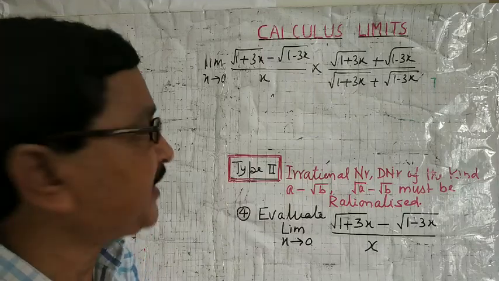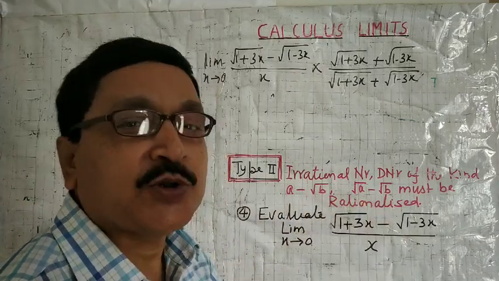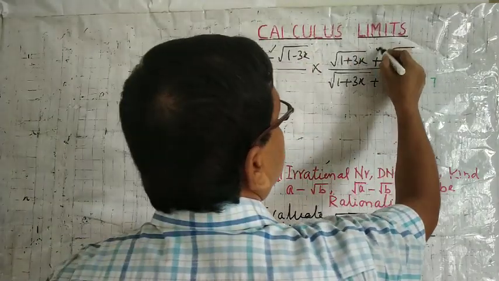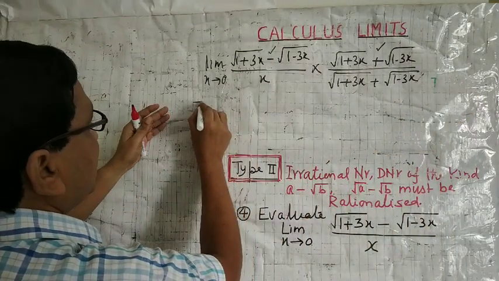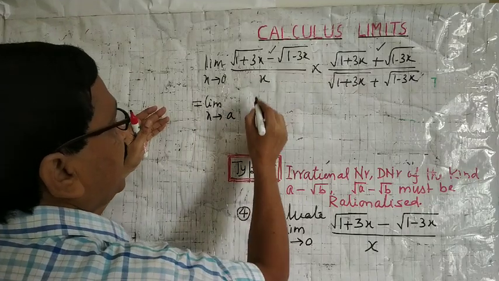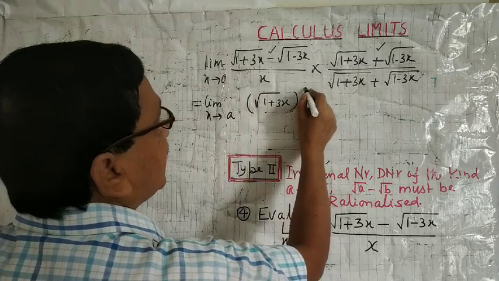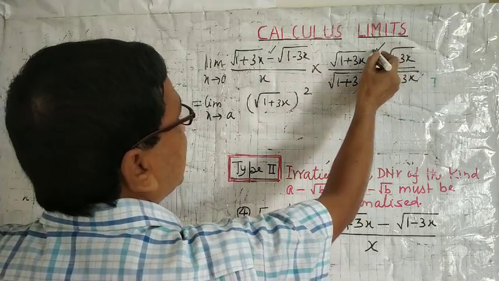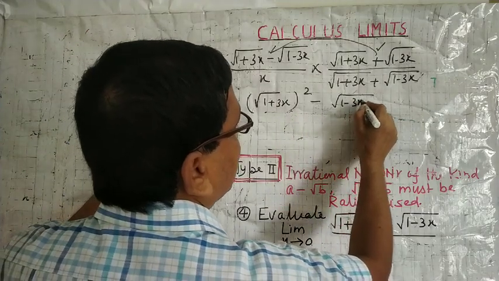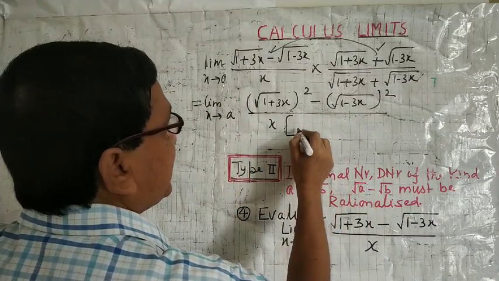You know from class 9 that the rationalization is done by root a plus root b and root a minus root b. In case of minus, we rationalize with plus. This is minus and this is plus. Now see, limit x tends to 0, root 1 plus 3x whole square. a plus b into a minus b is equal to a square minus b square, by x multiply